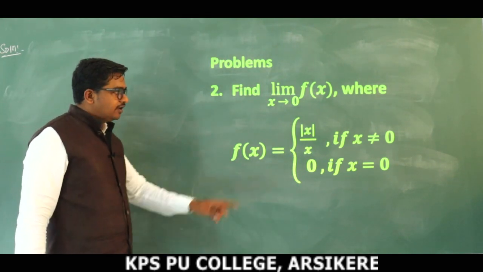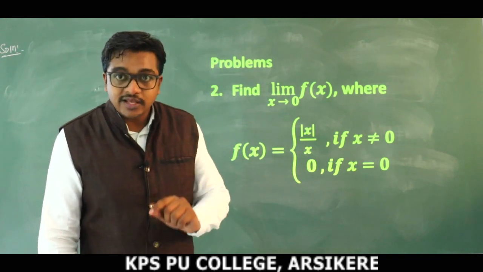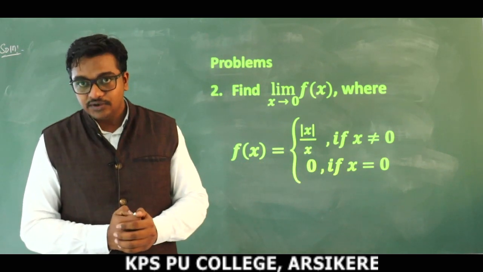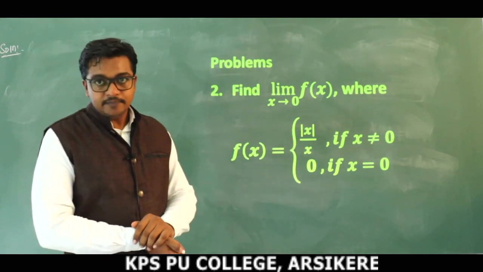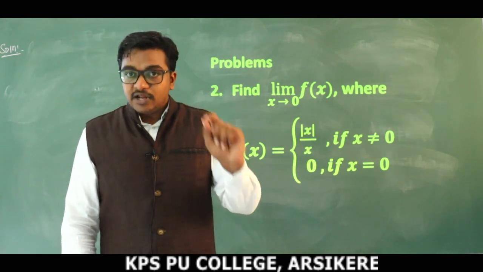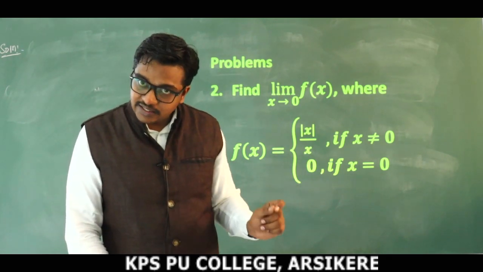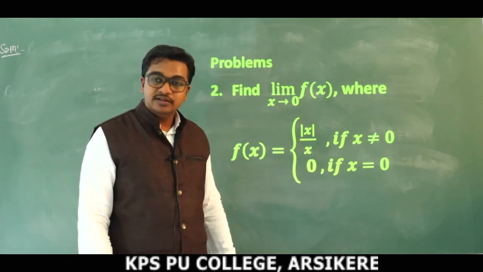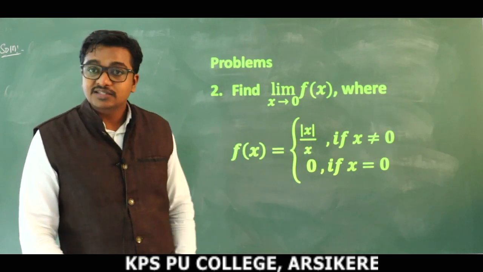Just observe, x not equal to 0 is there. x not equal to 0 means here either x is less than 0 or greater than 0. Numerically mod x is there. So mod x becomes plus x when x is greater than or equal to 0, and it is minus x when x is less than 0. Here equal to 0 is there, it is not necessary. Directly we go with when greater than 0 as well as less than 0.